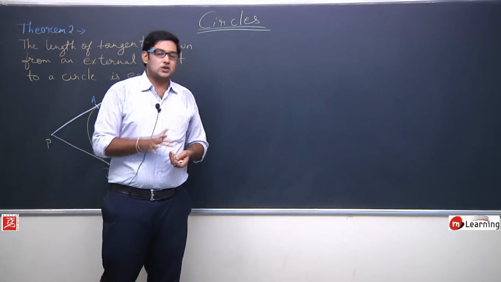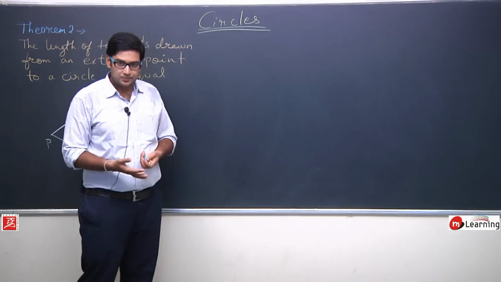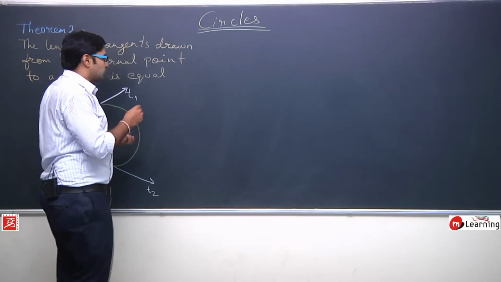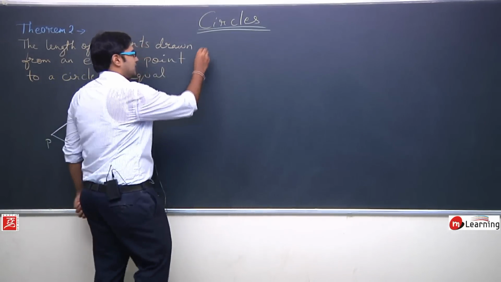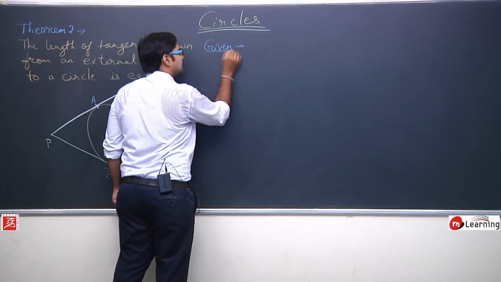Now let us prove this theorem. So this is the statement, कि ऐसा होता है, आपको मानना है कि ऐसा होता है. अब ये कैसे हो रहा है? Let us prove this. So to prove, what we used to write, first you need to write the given condition. So let us write the given condition.